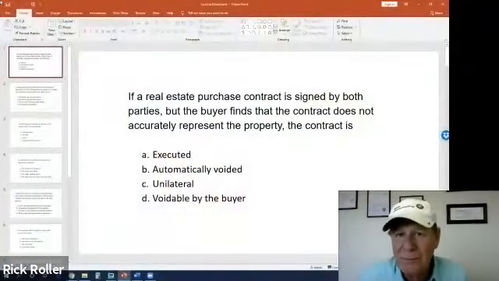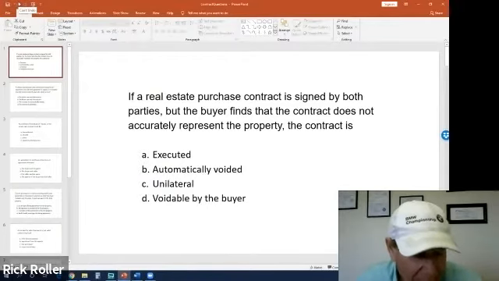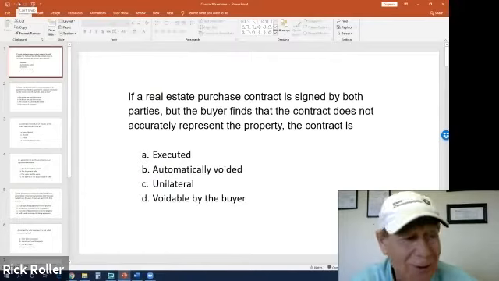And then the last essential element is a lawful or legal purpose. The old mafia term of putting out a hit or a contract on someone, really, that's illegal. You can't go killing people, so that would not be an enforceable contract at all. So with those in mind, what I'd like to do now is go to our questions, and let's work through these together and talk about some of the tricks that these devious exam writers are going to play on you, okay?